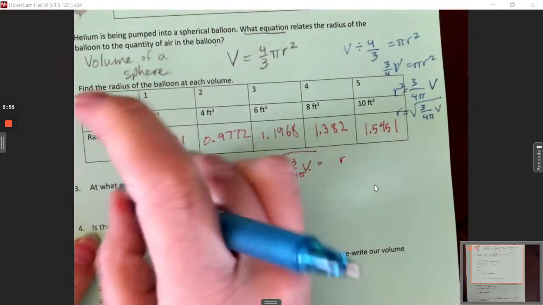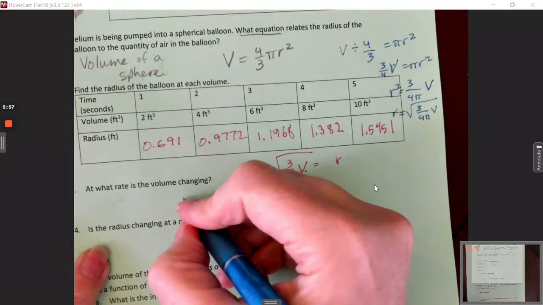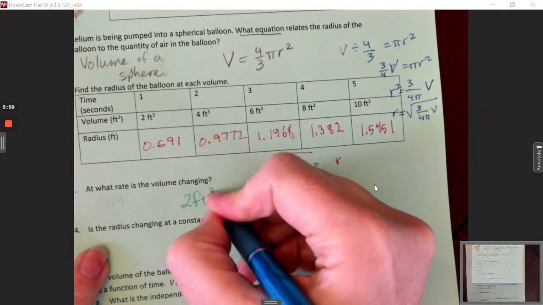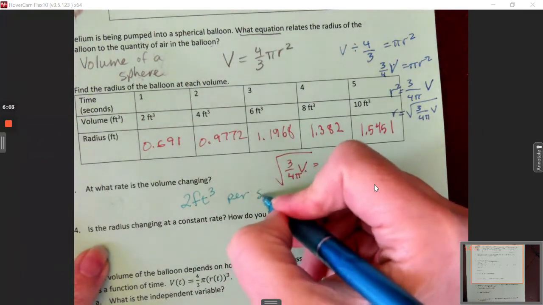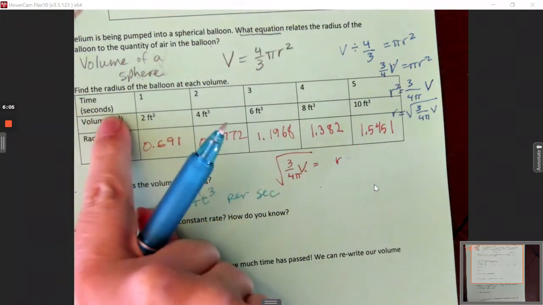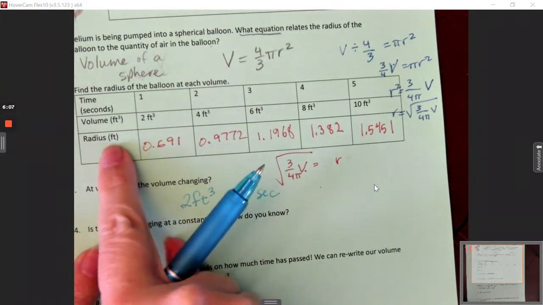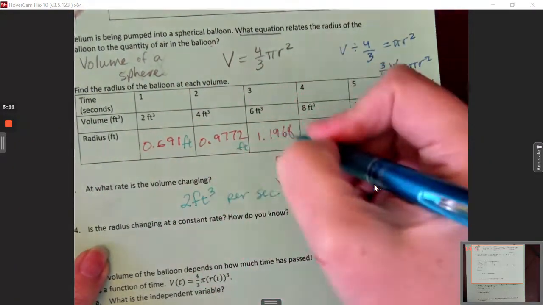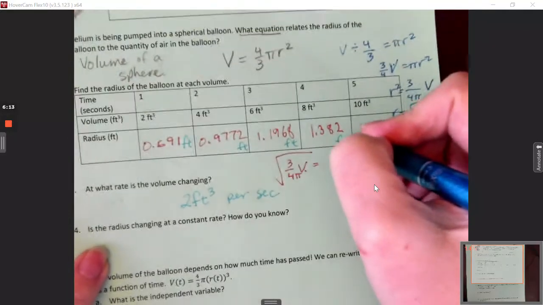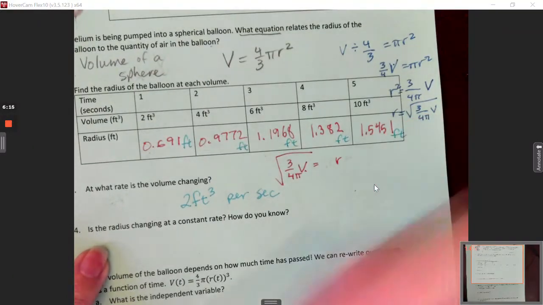Go back. Looks like 2 cubic feet per second. So time is measured in seconds, volume is measured in cubic feet, radius is measured in feet. So I should really have put feet after every single one of these. So anyway,